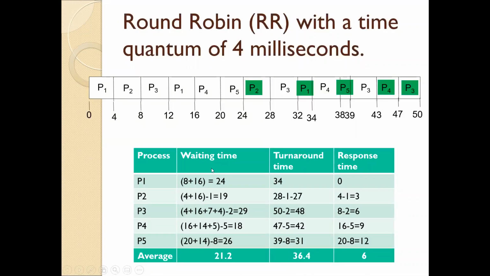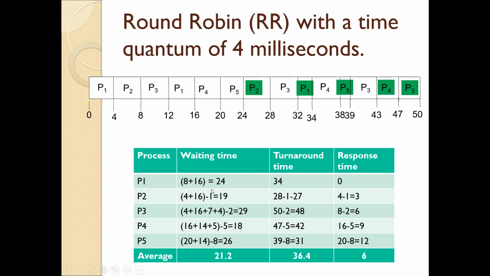right? So P2 will wait for 4 milliseconds here, right? And then P2 will be waiting for 4 milliseconds initially from 0 to 4. Then 8 to 24 milliseconds. Again, P2 has to wait,